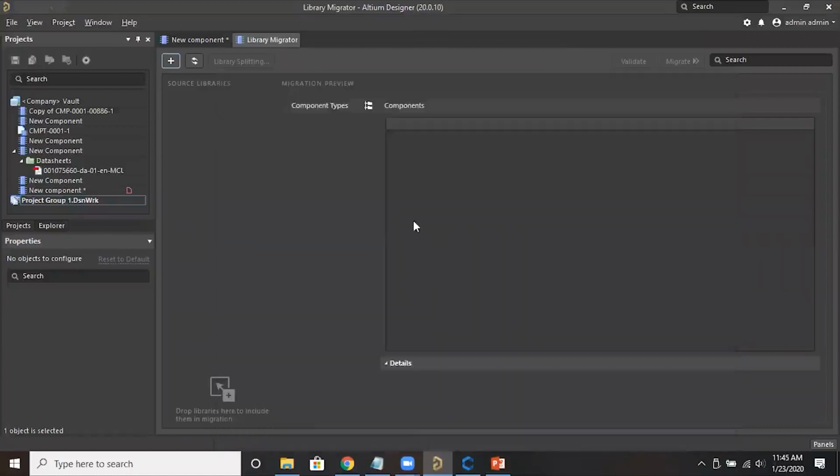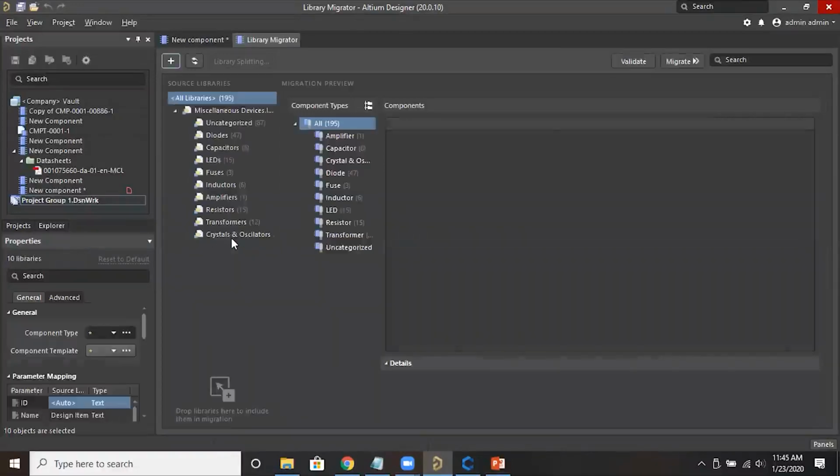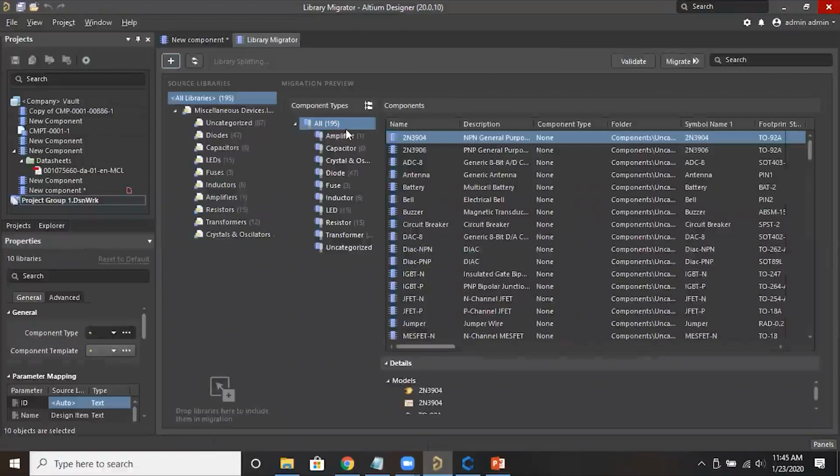So now it is analyzing the library. If you mention a description like resistor, or a parameter, anything, it will analyze all the component information, and it will justify the components and create folders like this.